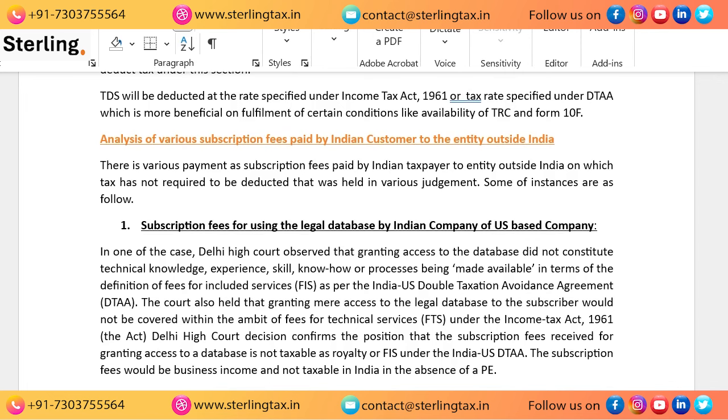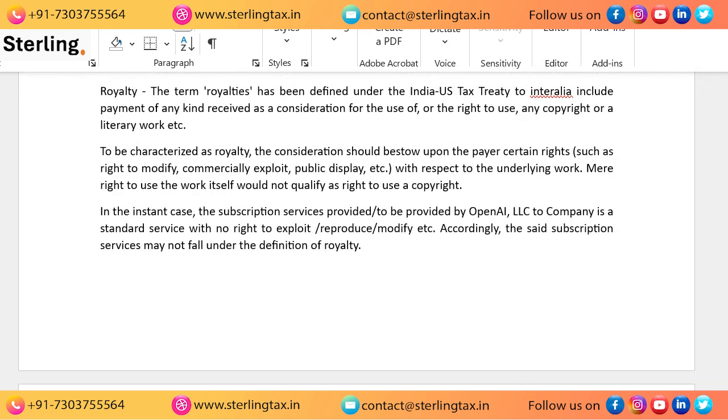There are other kinds of services, like testing services. We get any kind of product tested outside India, or we use services from a vendor outside India. We will check whether we are getting any right of use, whether we are exploiting it, or whether we have the right of alteration. If we do not have any such right, then we are definitely not required to withhold taxes. Then we will study the tax treaty between India and the vendor's country. We will study both, and whichever beneficial provisions are applicable, we will go with that only.